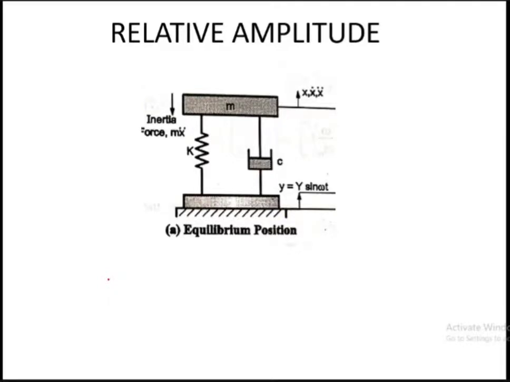Now, what do you understand by relative? As I said, the relative amplitude is, for example, the motion between the wheels and the chassis. You know that the wheels are moving absolutely with respect to the earth coordinates, that is the road surface, and then this motion is transmitted from the wheels to the chassis. So the chassis is also moving with respect to the wheels, and the wheels are moving with respect to the road surface. So there is a relative motion between the wheels and the chassis because both are moving. In such a case, how do you analyze? That is very, very important.